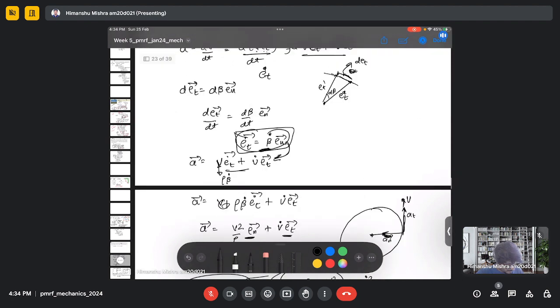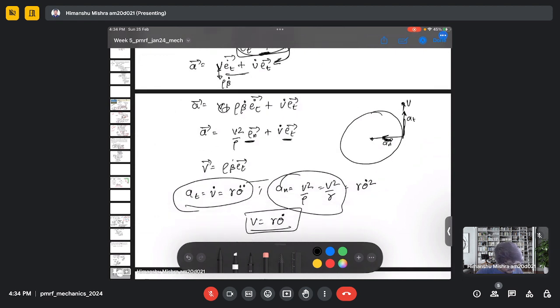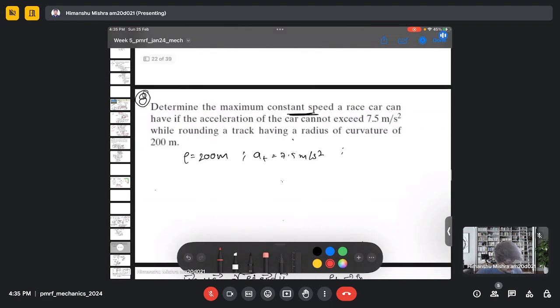Okay, so if the speed is constant, which means this component of acceleration will be vanished, and we will have only this component of acceleration. So this will be 0, and only this is not 0 because speed is constant. So v dot equals 0,